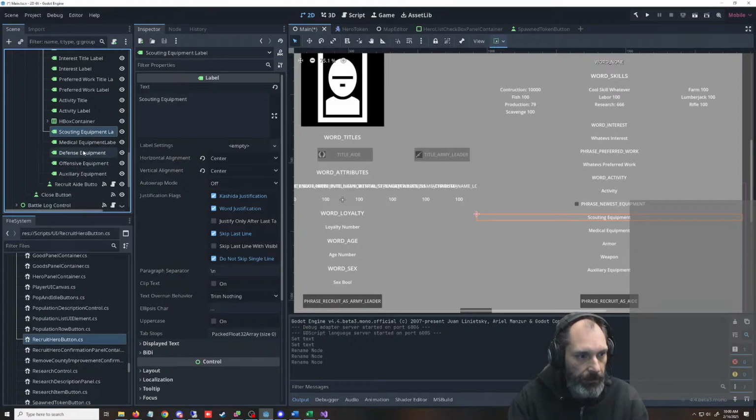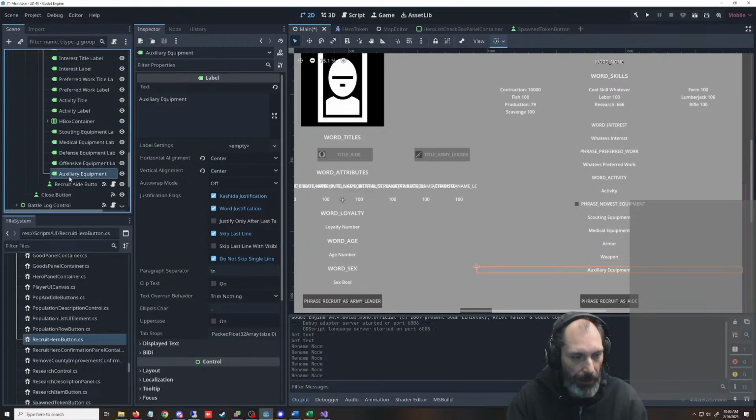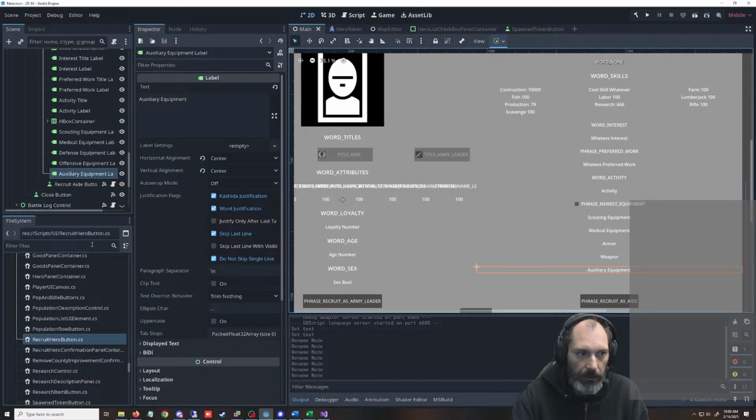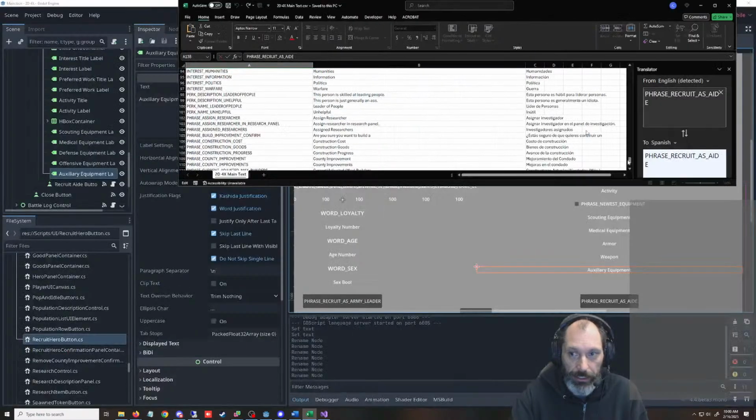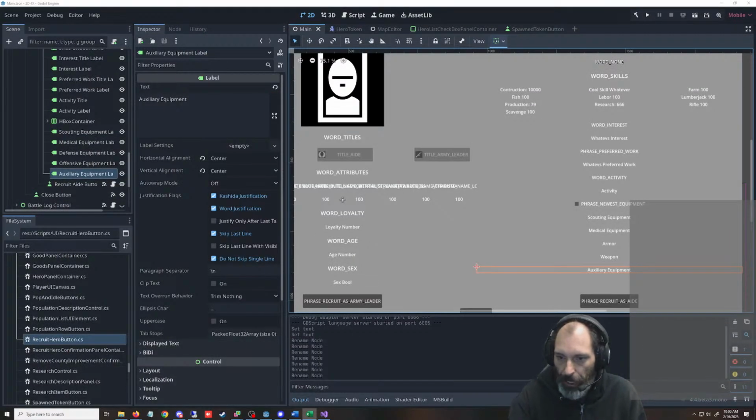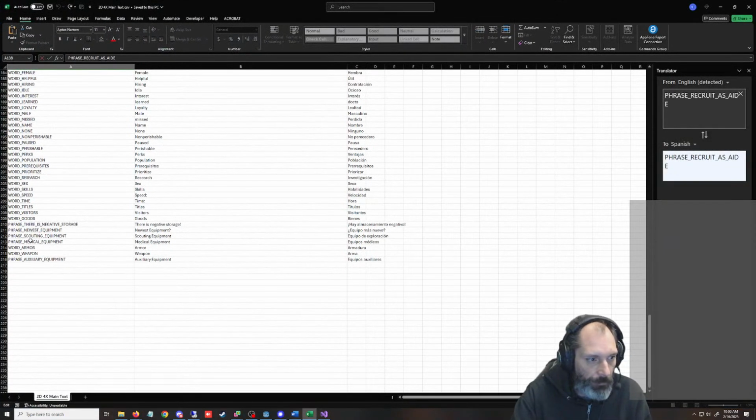It is a label. They should probably all say label, by the way. We might change these to buttons, like I was talking about, so that you could click on it and look at the equipment. We probably also should put whatever bonuses. Maybe not. I don't know. We'll see. That's a future issue. But right now we just want to have what these are so that the player can equip them and whatnot. So let's go back. I moved this over to the other screen, so I guess I'll move this back because this is what we're working on.